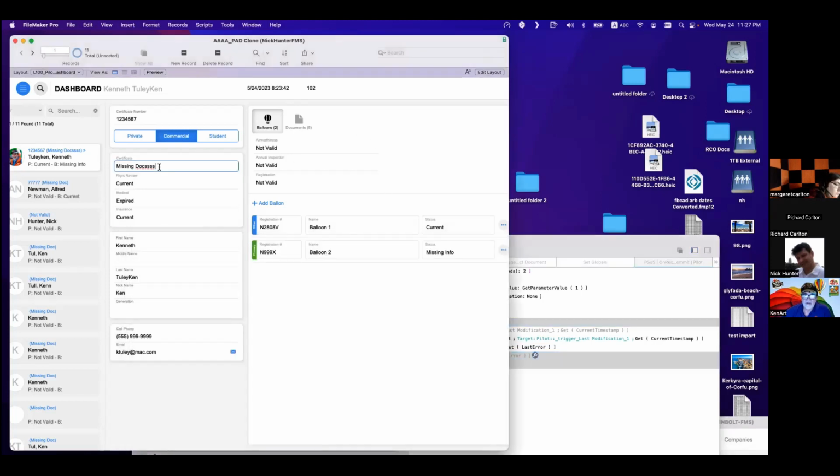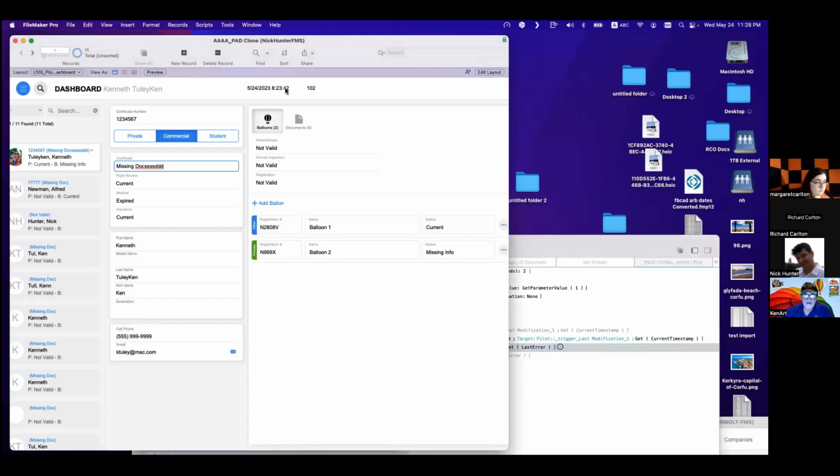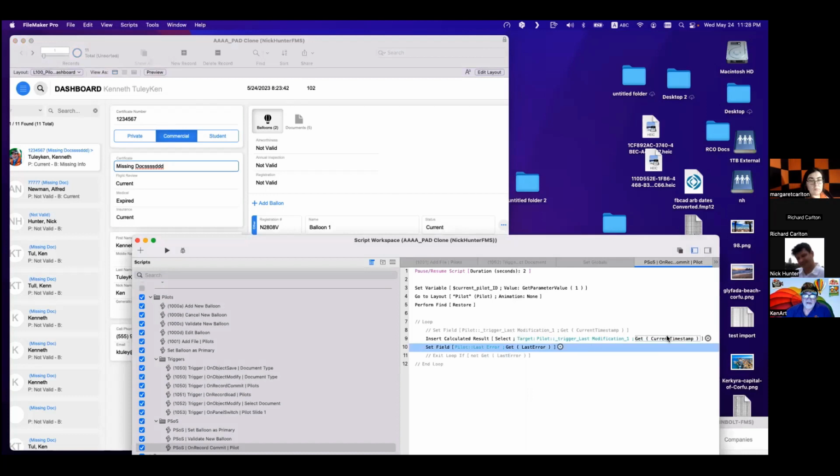So I'm doing this, and I'm doing this, and I'm opening the record. And it doesn't care. But it didn't do it. So why didn't set field the last error with the get last error? It didn't change this. Insert last error 1.